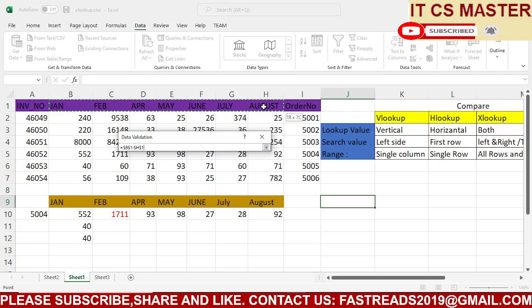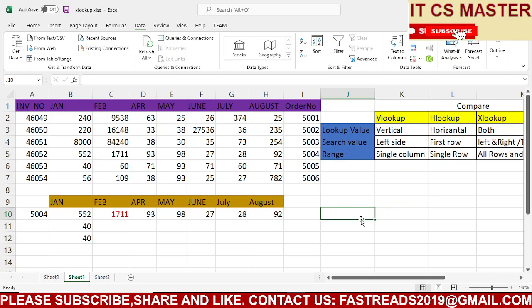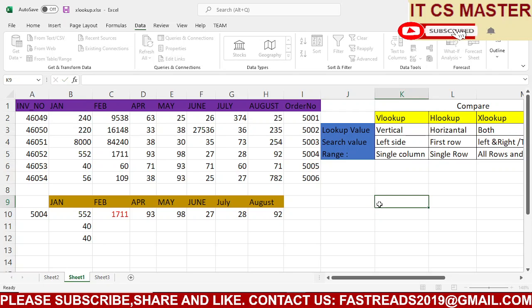Suppose I want to find this value, okay, selected. Now suppose I need the January quantity, all the January quantity.